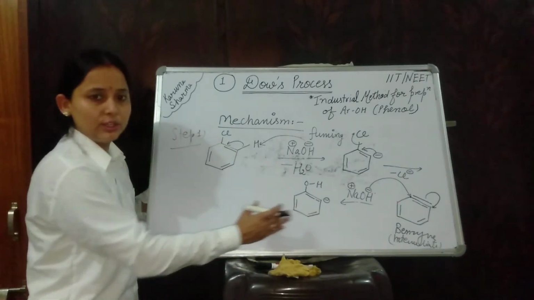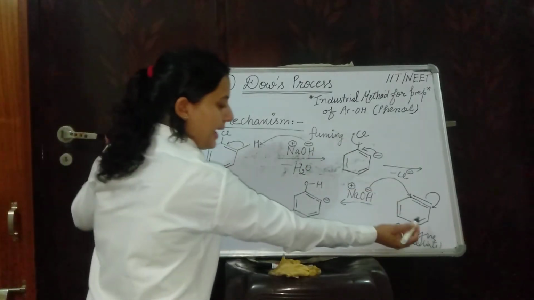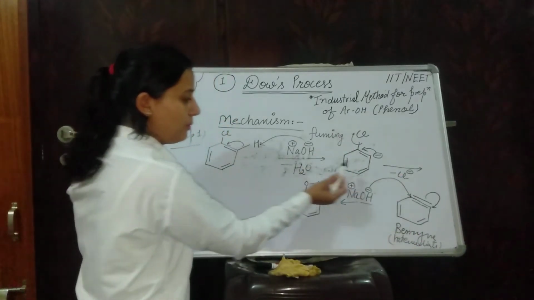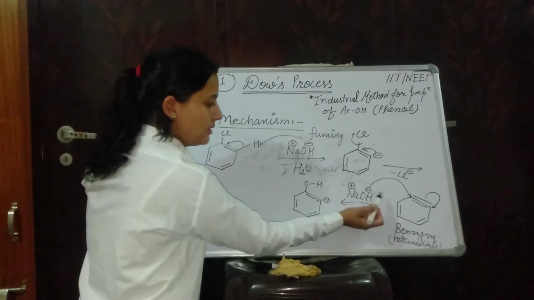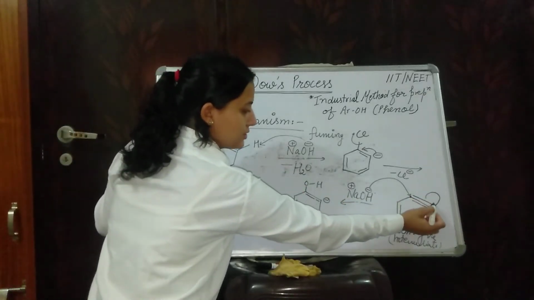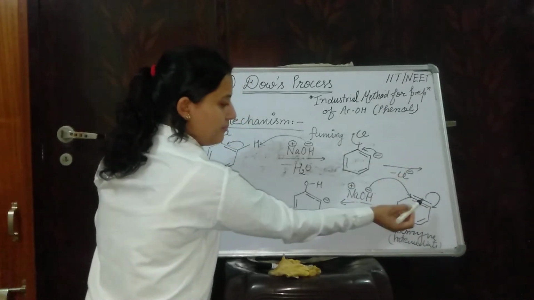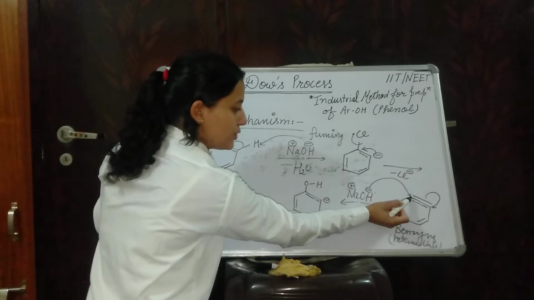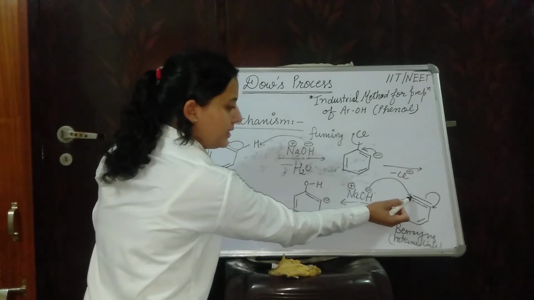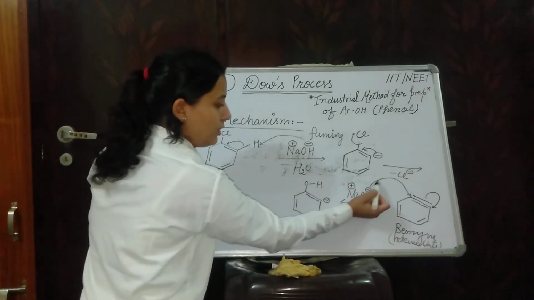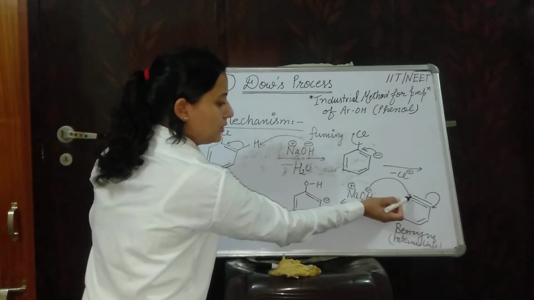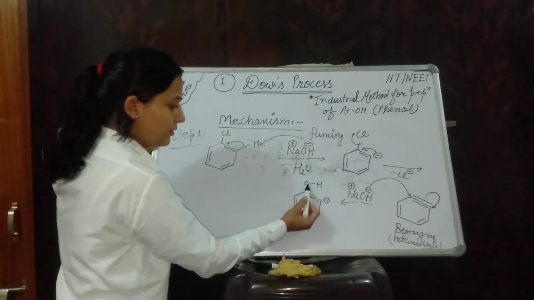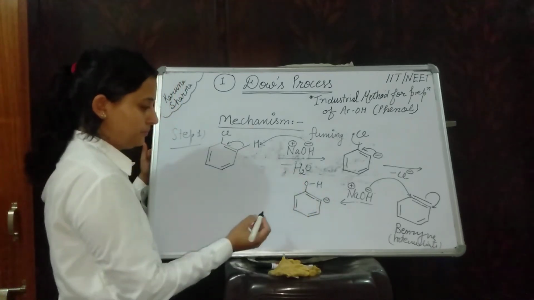I am repeating this step again. As benzyne is highly reactive in nature, the intermediate benzyne is formed during this reaction progress. This is reactive, shifts electron density to the carbon atom. If it shifts electron density to the carbon atom, generation of positive charge here and electrophilicity is generated. Therefore, it will attack on this positive charge system, formation of this type of molecule.